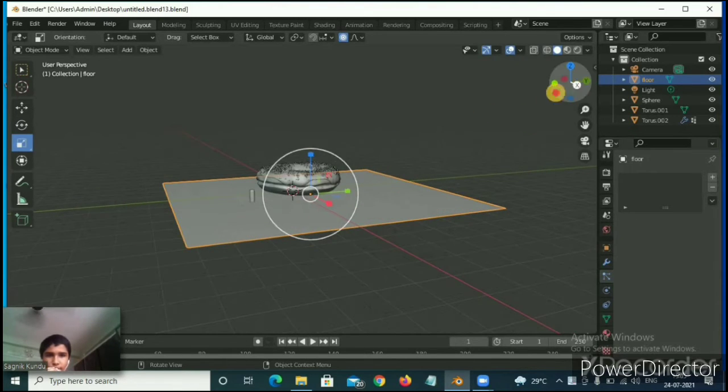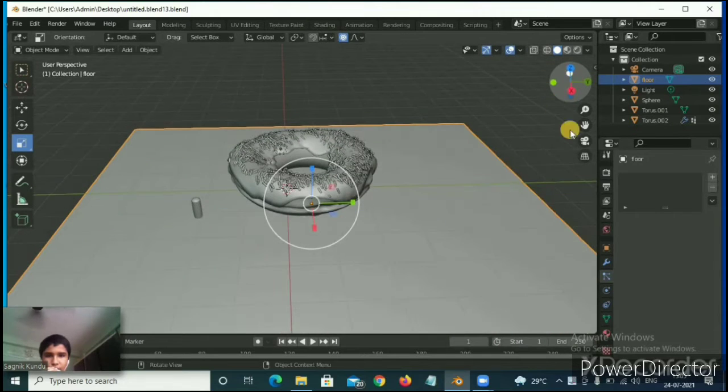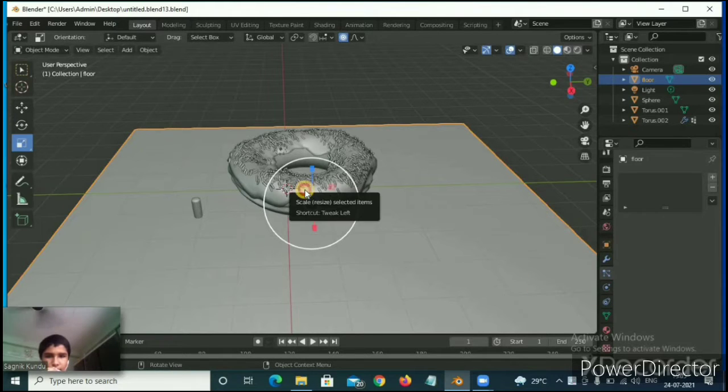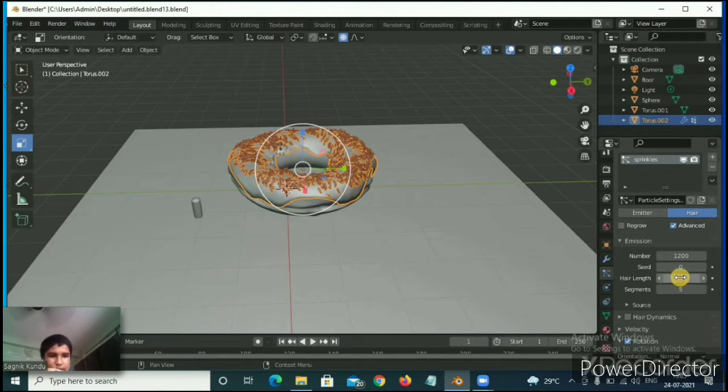So what I will do, I will decrease the length of the sprinkles. I will just simply select the icing, then go to particle properties. Then here you can see hair length.